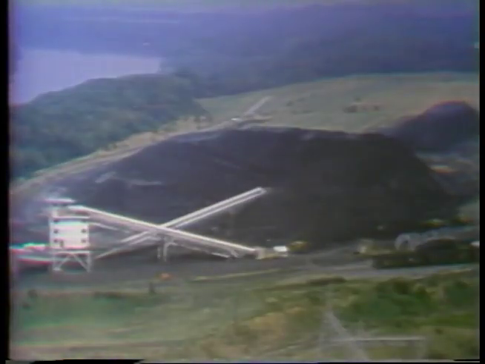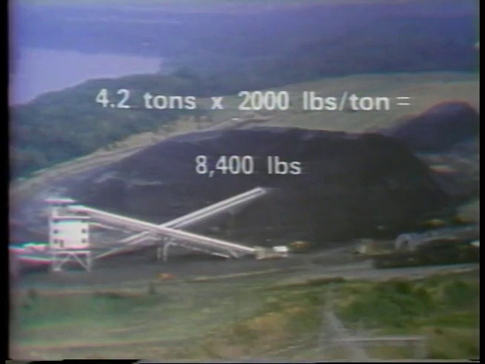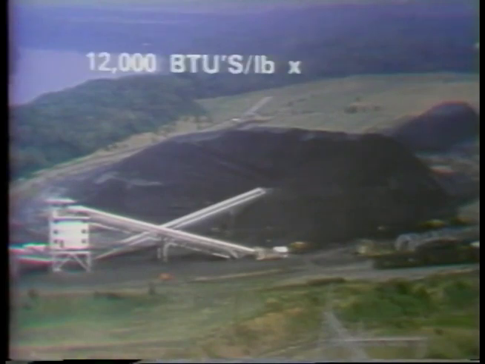Now, first, we need to convert 4.2 tons to pounds by multiplying by 2,000. The answer is 8,400 pounds. Now, we can convert pounds of coal into foot-pounds if we assume our coal contains approximately 12,000 BTUs per pound. The problem would be set up like this. There are 12,000 BTUs in a pound of coal. Now, this would be multiplied by